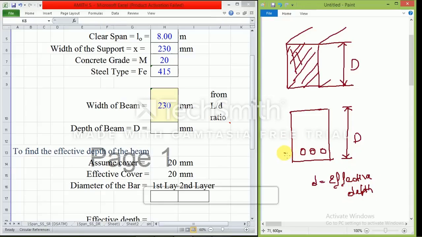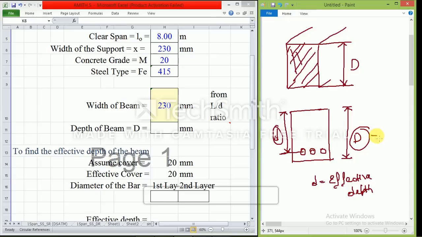Effective depth is from the center of the steel to the top of the beam. So this is overall depth and this is effective depth. With the help of effective depth, we are going to calculate many of the things. So these two things are very important.